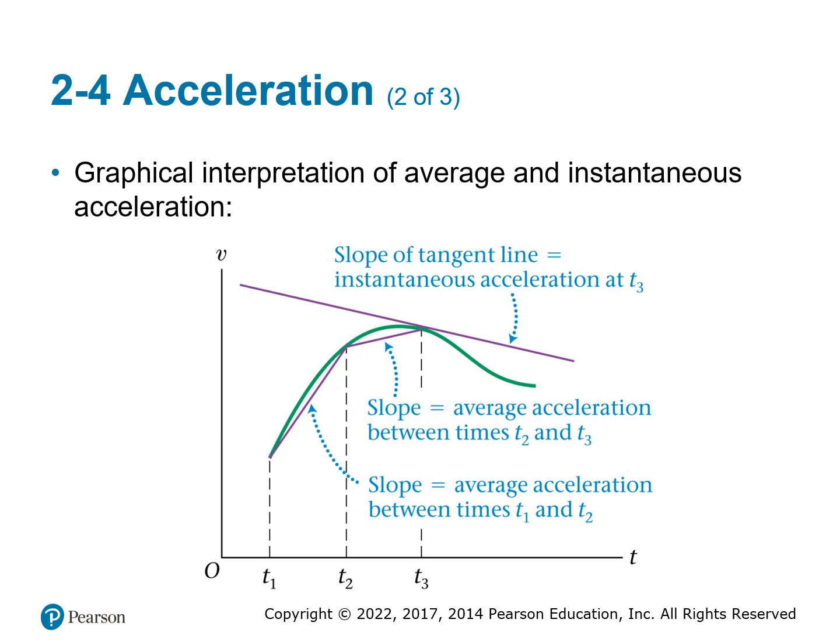All right, more graphing for acceleration. Again, if you take the slope of the tangent line of a velocity graph this time, notice this one is velocity, the slope of the tangent line for velocity gives you the instantaneous acceleration, while the slope between two different times gives you the average acceleration.